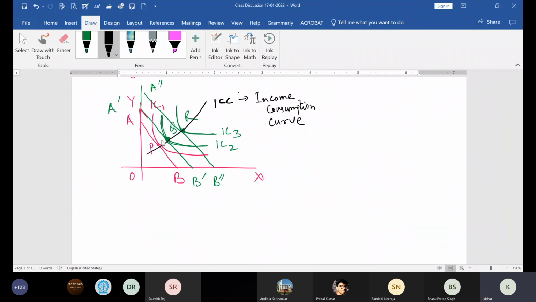All other things are at a certain level. This is your income consumption curve. Indirectly, it represents your consumption pattern. Tomorrow, if your income changes, all other things at a certain level, but only income changes, you will follow this particular consumption pattern. This is your income consumption curve. Okay. From this income consumption curve,